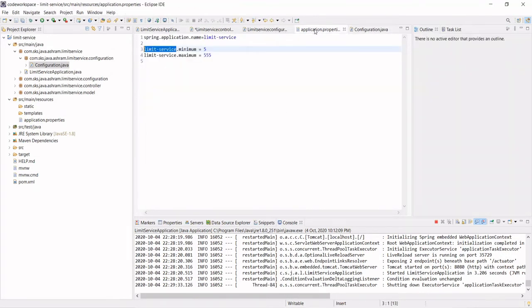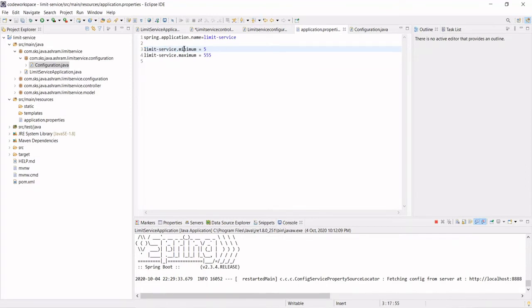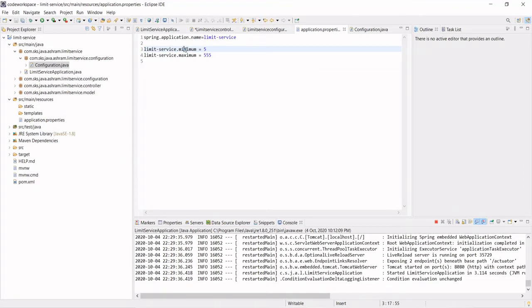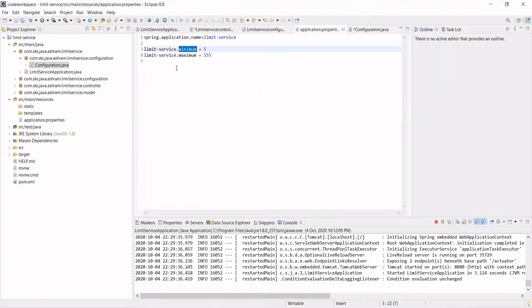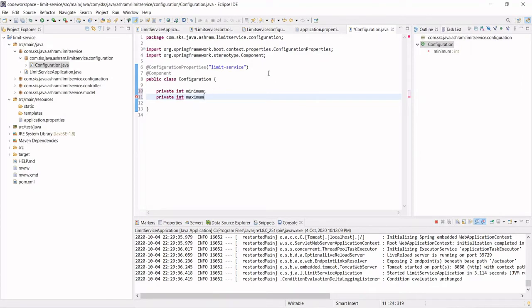After that, go to the application properties and see what the actual limit, minimum and maximum are. The same spelling, the same thing, you need to copy here and declare the member variables: private int minimum, private int maximum. Copy this and paste here.